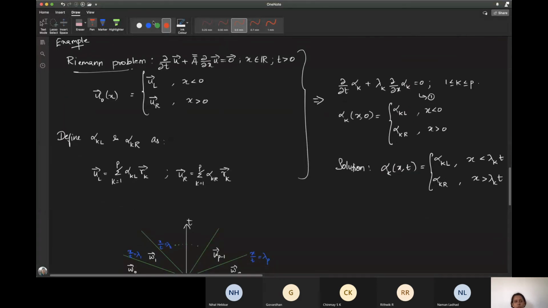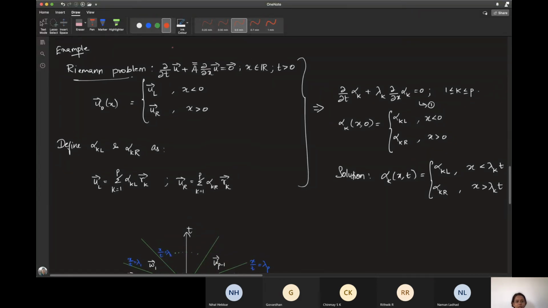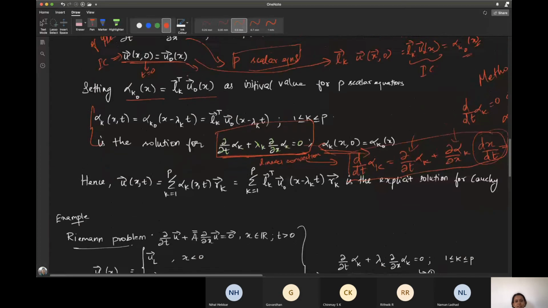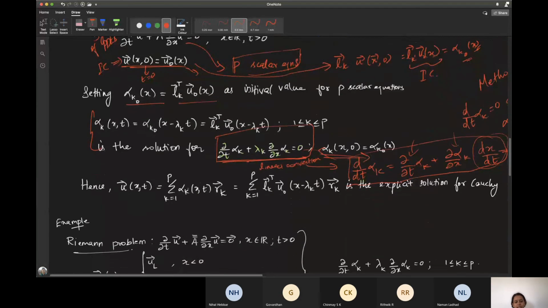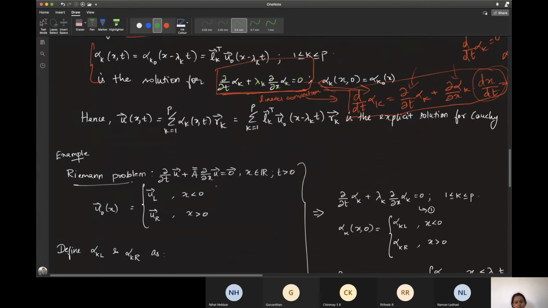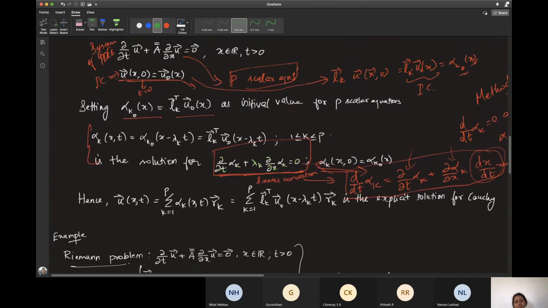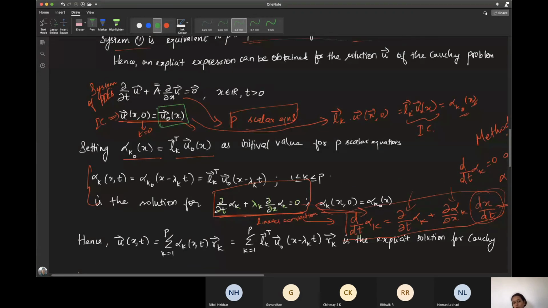Let's go to the Riemann problem. The only difference is the initial condition here. So I have taken the initial condition to be of some specific form. To the left of x equals 0, you have your u naught vector of x as ul vector, and to the right of x equals 0, you have your initial condition as ur vector. So I've told you the initial condition is of some form, right? At each and every x, your initial condition will be some constant vector. So the initial condition u naught vector of x is a function of x.